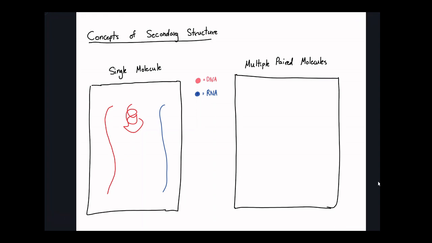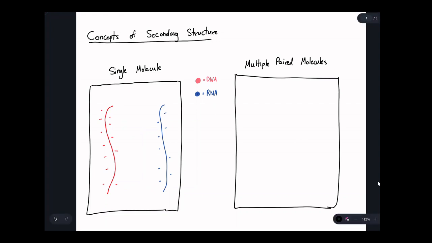Part of the reason I think it's nice to visualize long strands is because, again, DNA and RNA are negatively charged. Every base, every phosphate brings along with it a negative charge. So these things don't really want to coil up by themselves because negative charges repel each other. That's an important consideration. Now, multiple paired molecules, and this is kind of back to that idea of having a